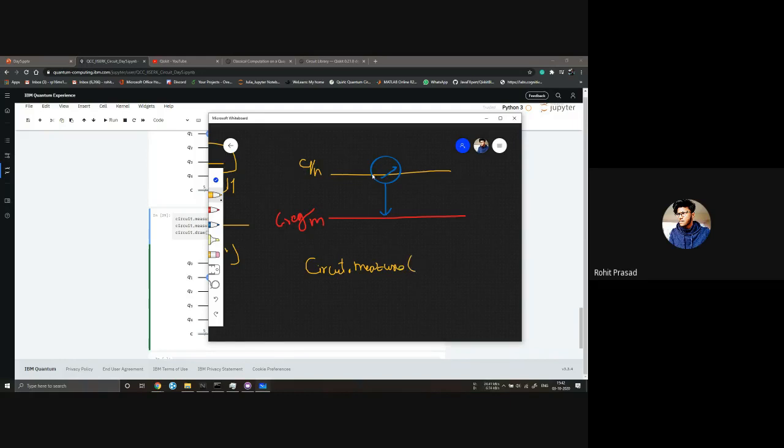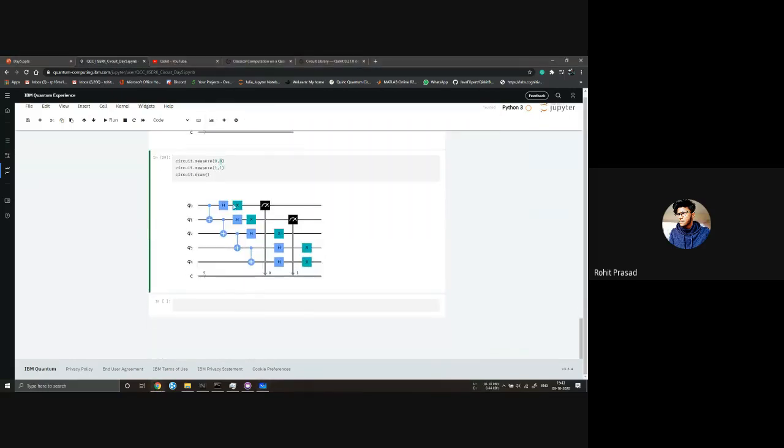The first is the number of the qubit. It's on the nth qubit, so we will write n. Then on what classical bit you want it to be measured, like we want it to be measured on m. Okay, so this is how we put our measurement gate. So for 0 it goes to 0. From 0 qubit it goes to the 0 classical register. From 1 it goes to 1.